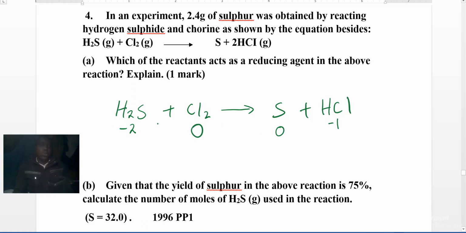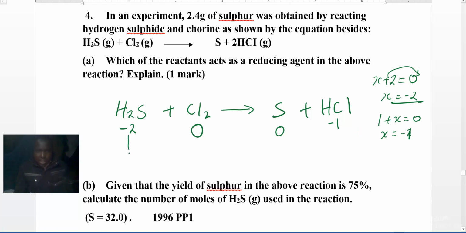So how do you know? If you want to know the oxidation number for sulfur, you say X plus hydrogen, 1 times 2, will be equal to 0. So X is equal to -2. If you want it for chlorine here, you say 1 plus X is equal to 0. So X is equal to -1. So you can see hydrogen sulfide,